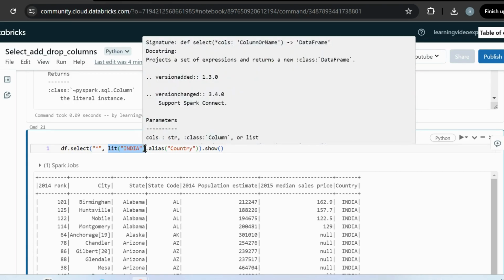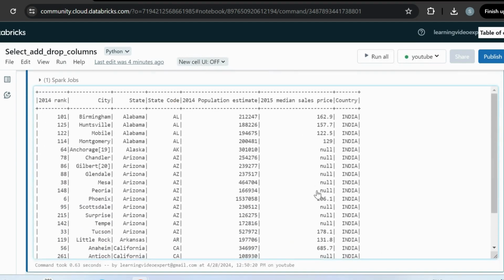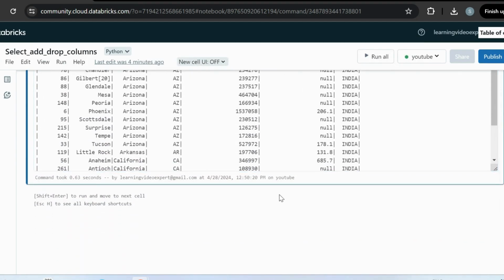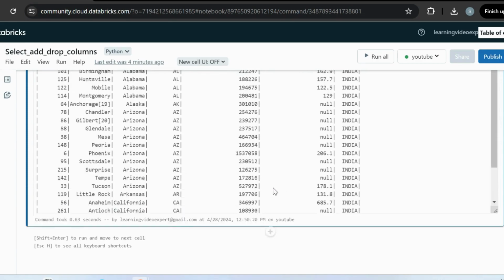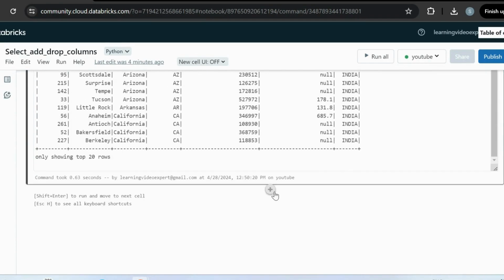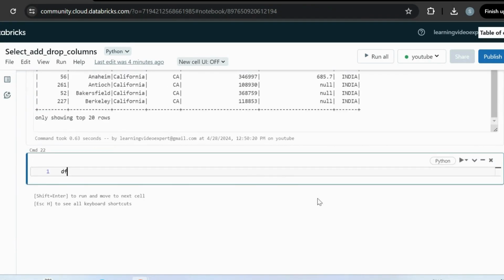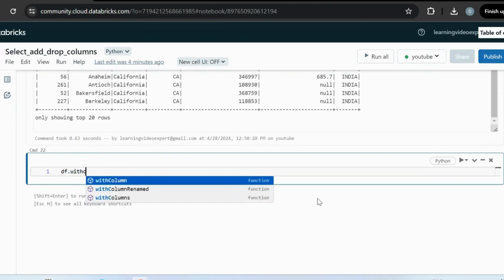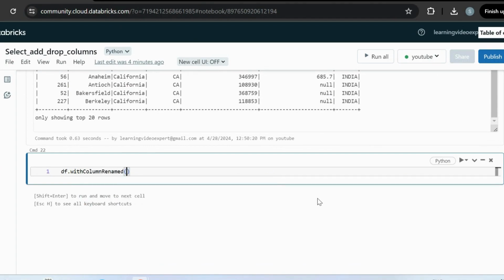Now, let's say I want to go ahead and rename a particular column. How will I do that? I want to rename this 2014 Rank column. We have this method called df.withColumnRenamed. It takes an existing string, so I need to give my existing column name, that is 2014 Rank, and then it asks for a new column name.